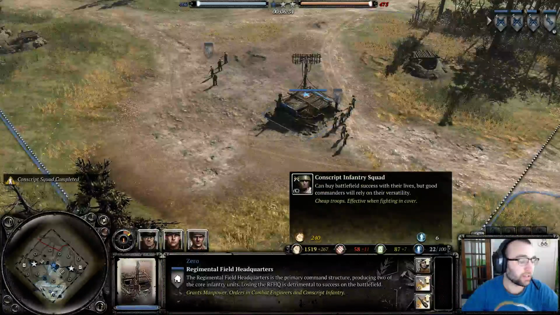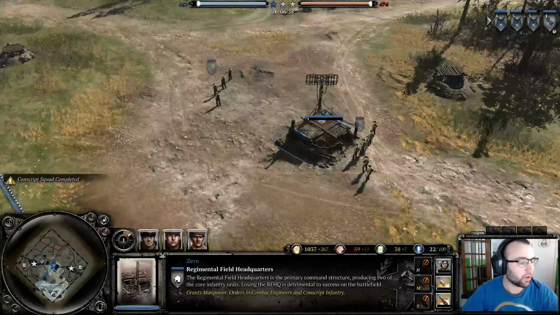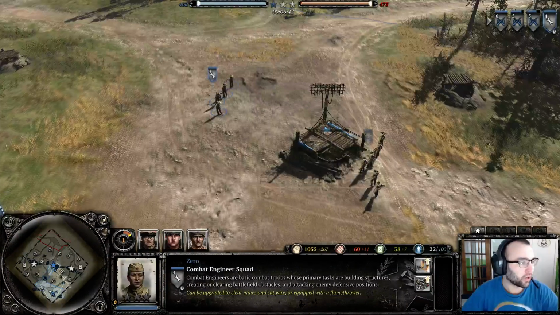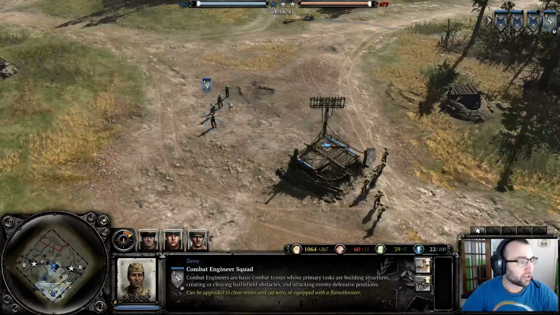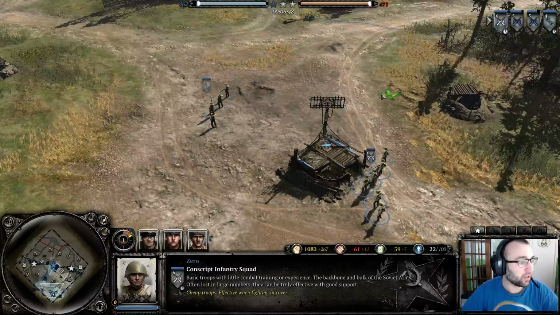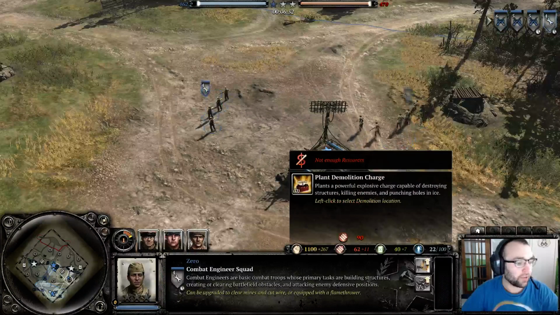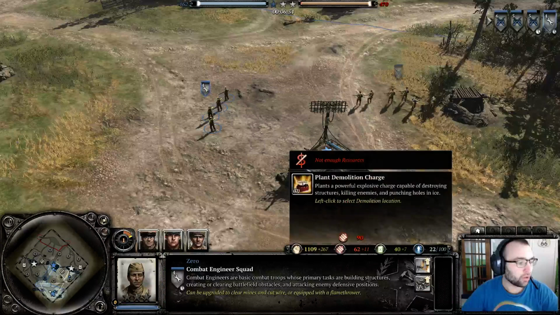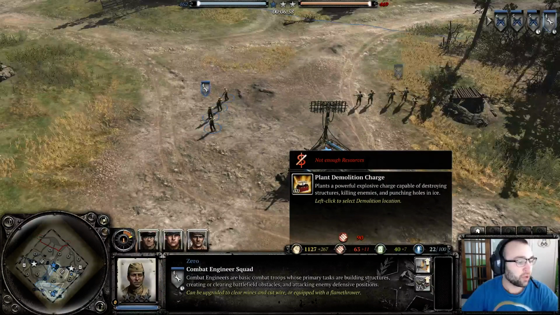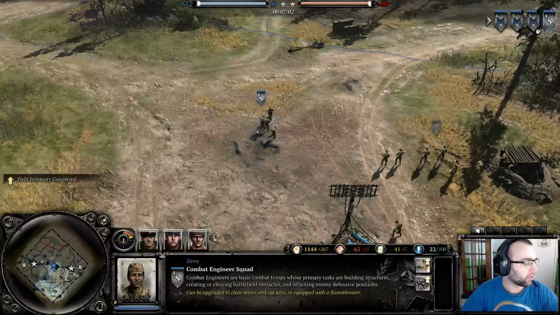You have basically your conscript squad, and I'll upgrade all the abilities right here at the headquarters. And you have your engineer squad. Your engineer squad is a lot like the Pyro squad or your engineers on the German side, except they have the ability to build a planned demolition charge. So that's 90 munitions, and I'll give you a little example after we show the